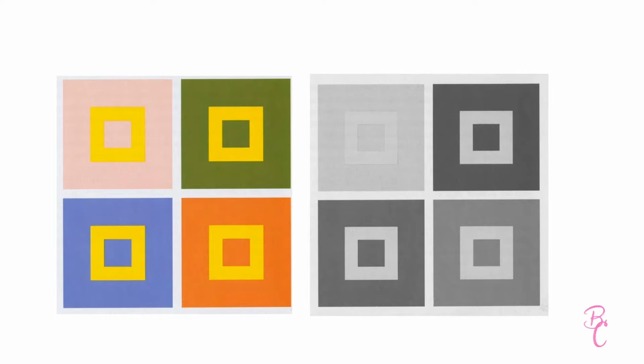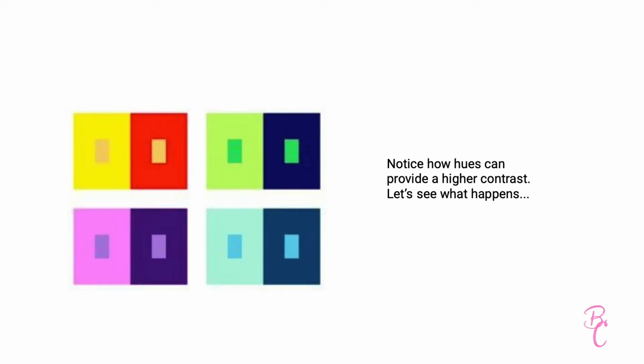You can see how it changes depending on the value or the grayscale color of the background color. Okay, one more example. We have the same color orange on the top left, the same color green on the top right, the same color purple on the bottom left, and the same color blue on the bottom right. Now, even though these are the same colors, without even me taking it into grayscale, look how different the colors